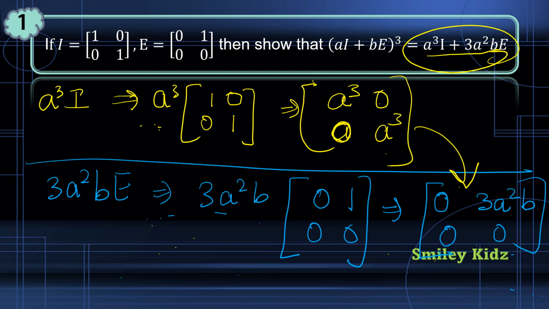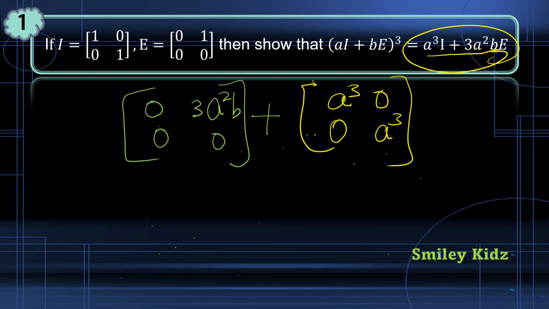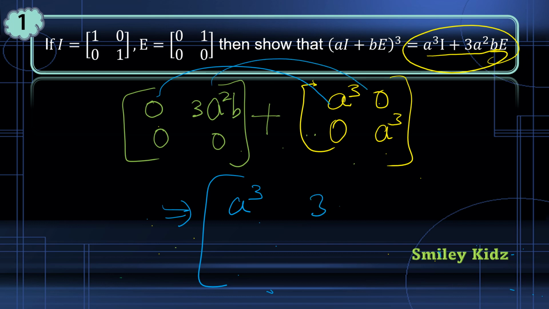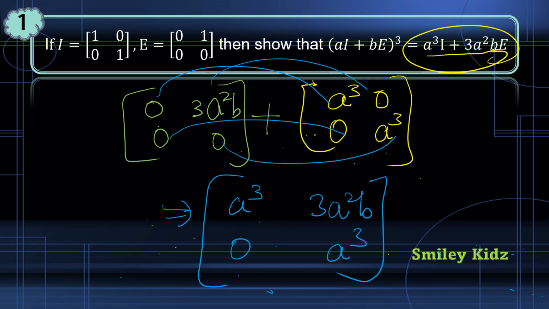Fine. Let's erase all of this. Now when you add them, you'll have 0 plus a³, here let's have a³. 3a²b plus 0, 3a²b. Then 0 plus 0, 0, 0 plus a³. Now this is